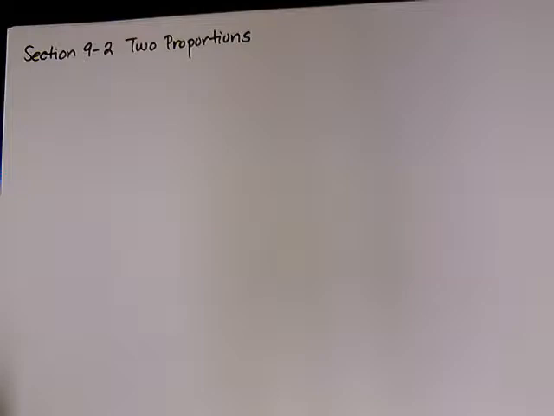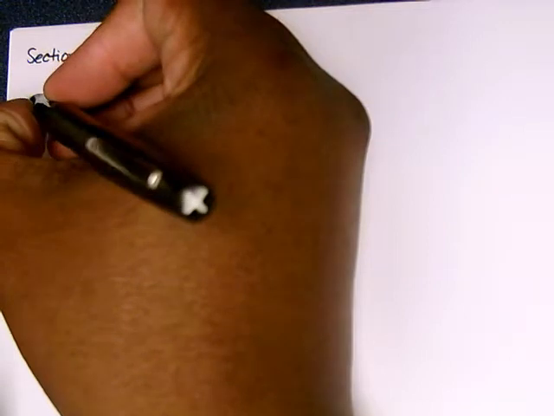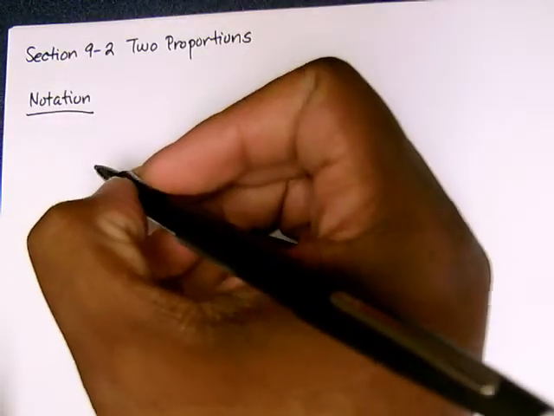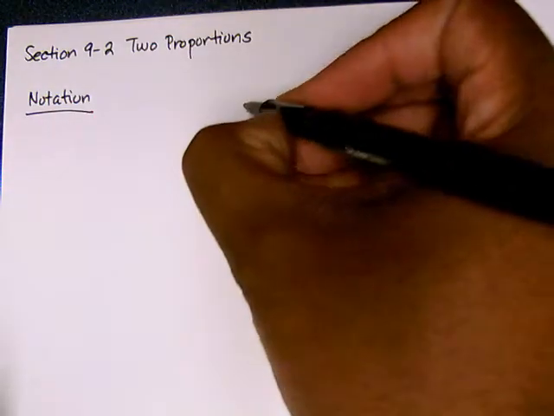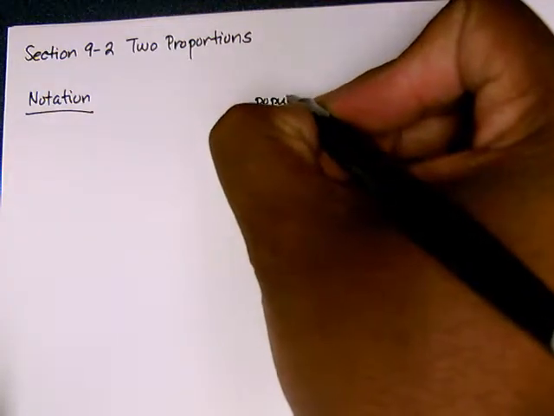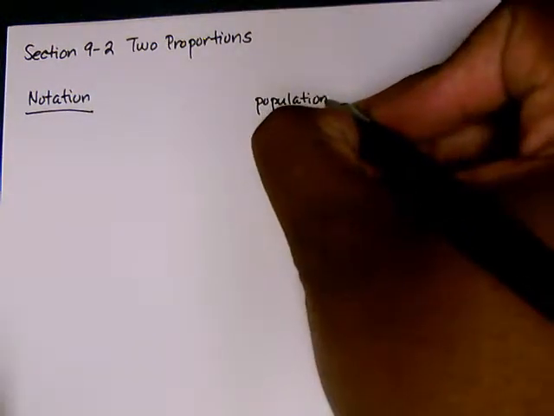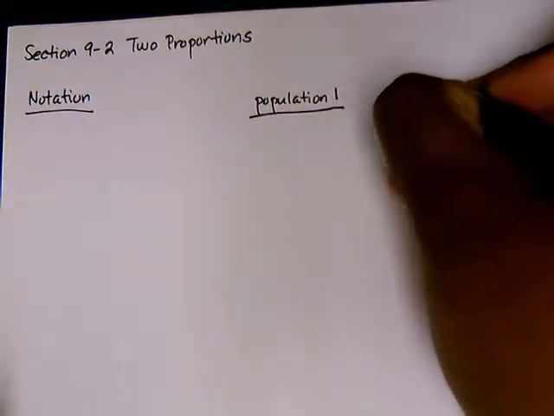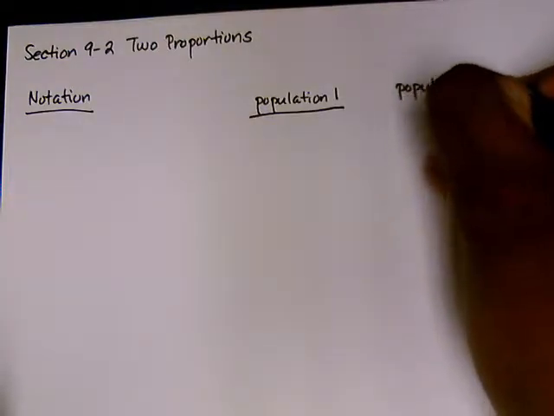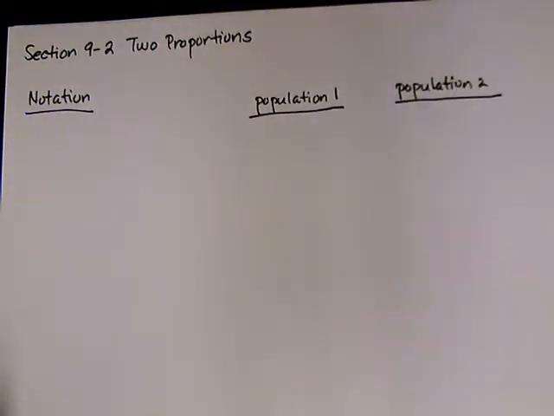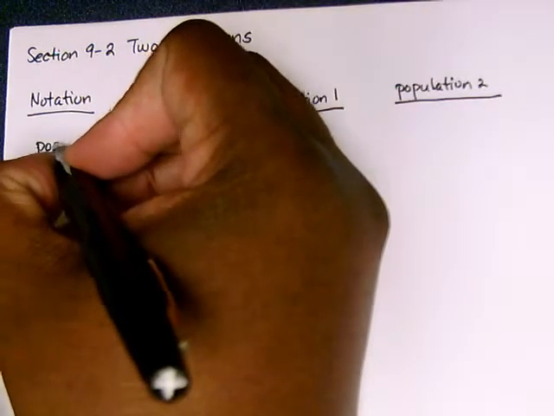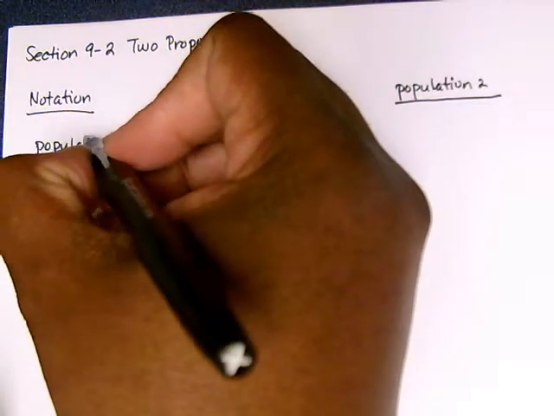Alright, to begin with, we need to start off with a little bit of notation that's going to be used in this particular section. So here, this will be notation. And we're going to be looking at notation that deals with the first population, because we're testing two proportions, so we have to have two populations here. One will be population 1 and the other one will be population 2. Okay, in this case here, if we're dealing with a population proportion, which is what this section is all about,